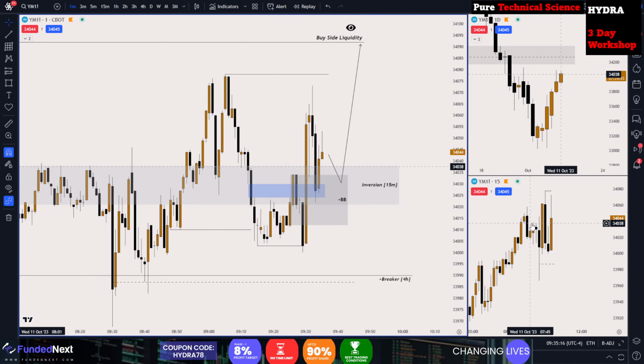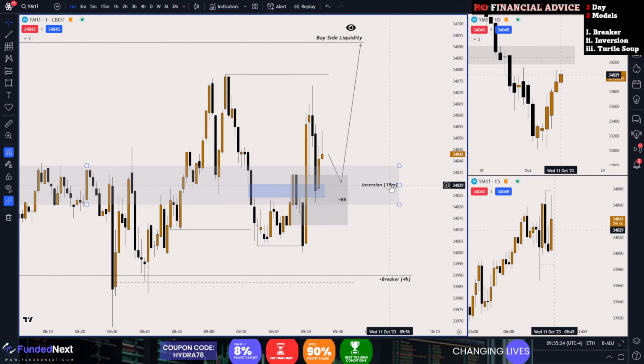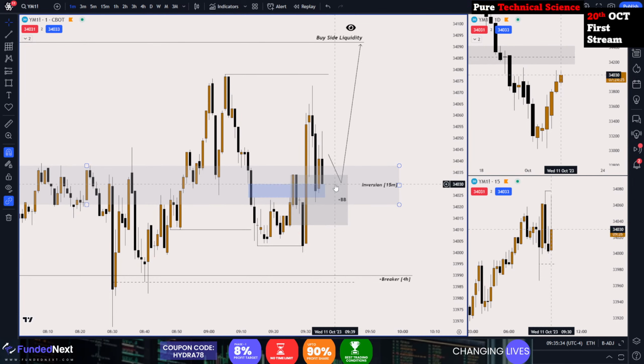Okay, price respected this inversion before on lower time frame. So on lower time frame, again and again and again, this inversion will get respected until price goes below the inversion and generates another inversion. Okay, so not the cleanest price action, as I told you guys. That's why I'm avoiding trading today